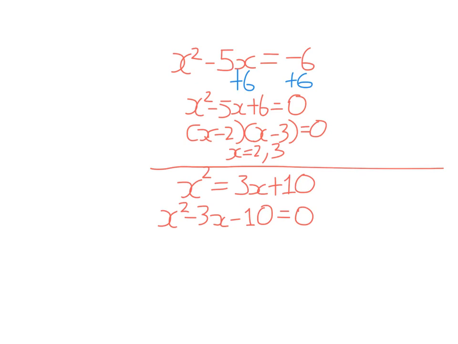I'm going to find two numbers that multiply to -10 and add to -3. So those two numbers happen to be minus 5 and positive 2. So now that I factorize, use the null factor law. Either the first bracket equals 0, that would mean x equals 5, or the second bracket equals 0, which means